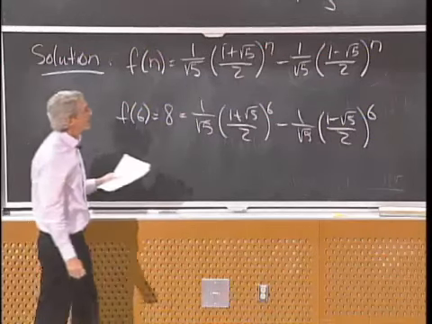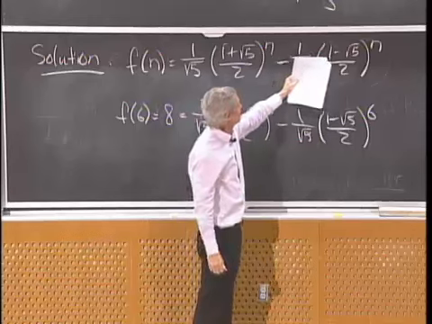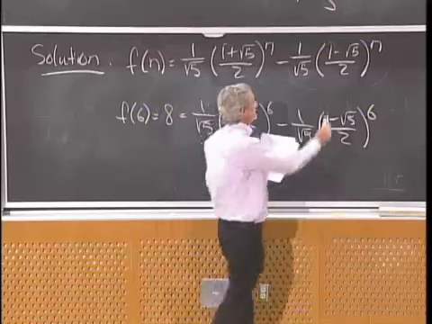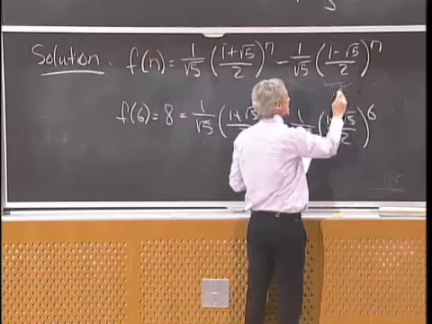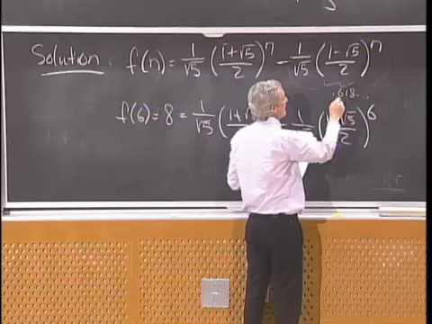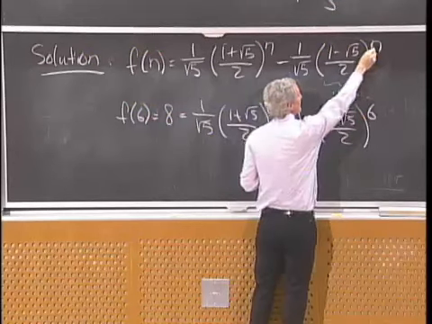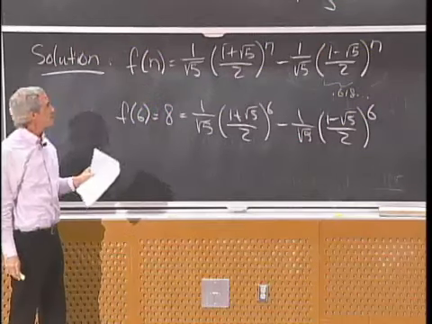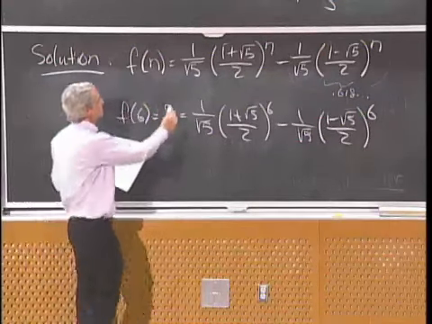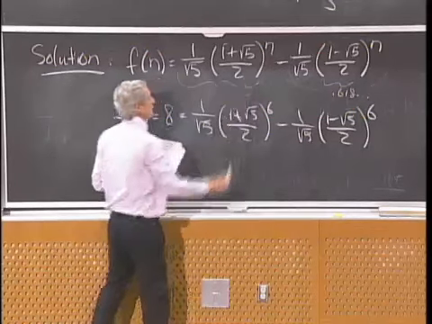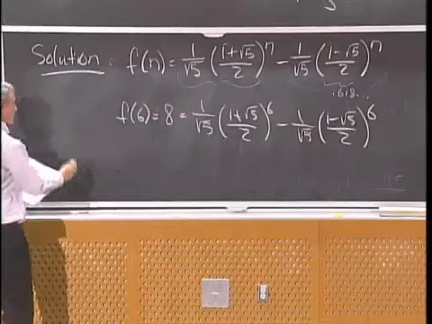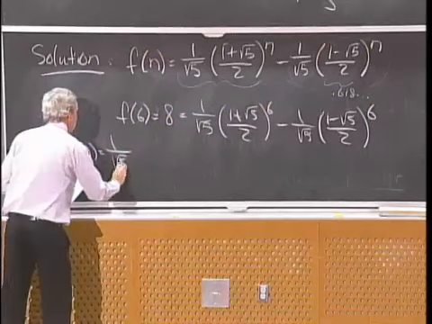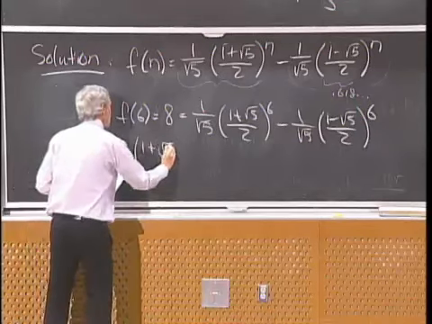It gets small, because (1 minus the square root of 5) over 2 is about 0.6. This is about here, about 0.618 something or other. And if I take a fraction less than 1 to the nth power, it goes to 0. It goes away. So in fact, as n gets large, this is what the nth Fibonacci number starts to look like. In particular, F(n) equals just that first one, 1 over square root of 5 times the golden ratio